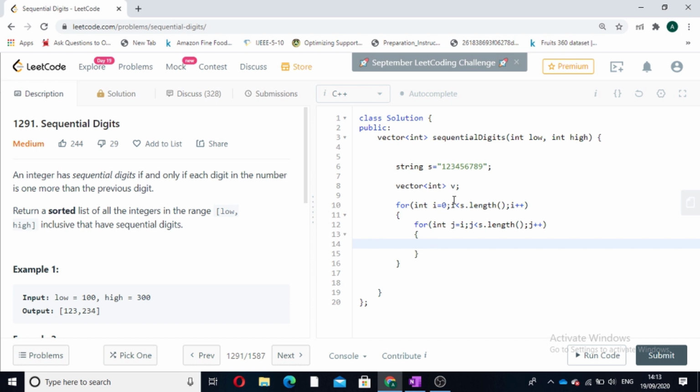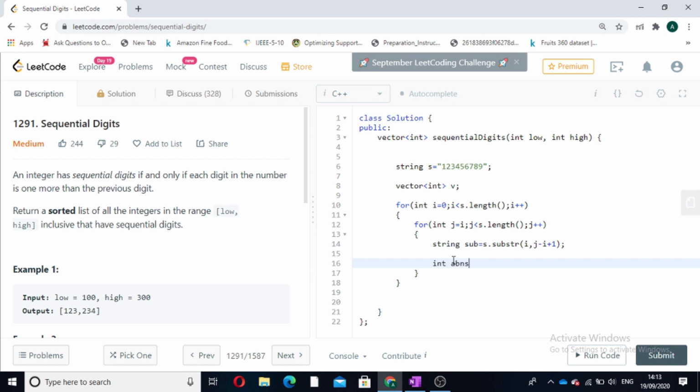Now we will find the substring: string sub is equal to S dot substr, starting position is i and the length of the substring is j minus i plus 1. So this will give us the substring, but this substring is in string format. So first we have to convert it into integer format.